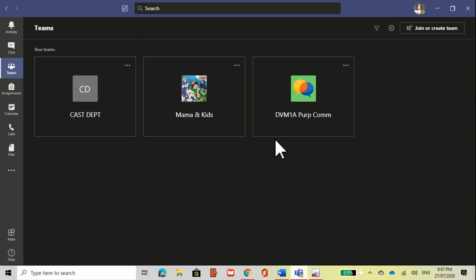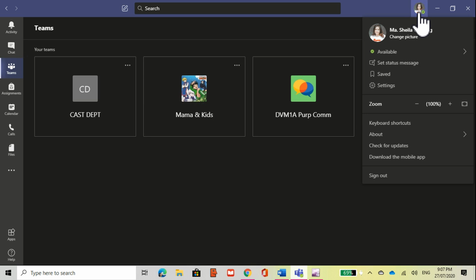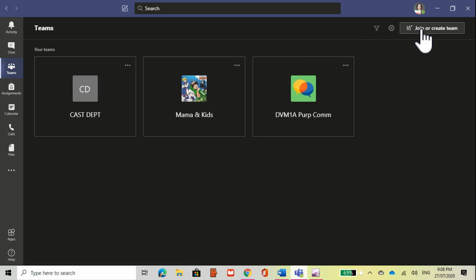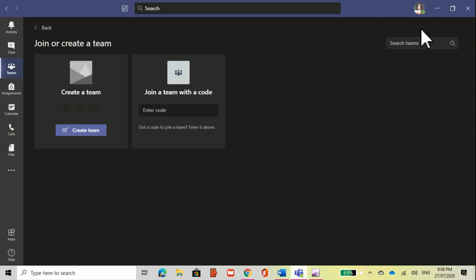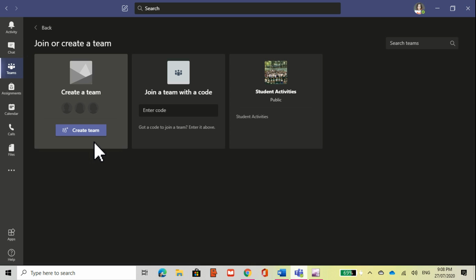So the first thing you need to do is this part right here. After setting up the status message, after putting a profile pic, etc., you have to create a team. So how do you do that? Here you would see create a team. So just click that